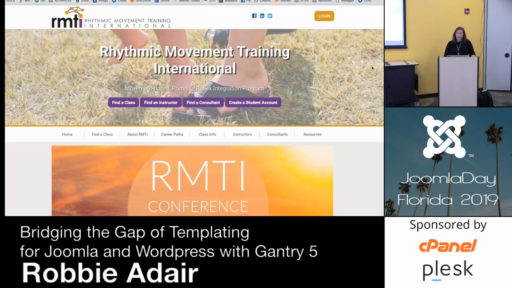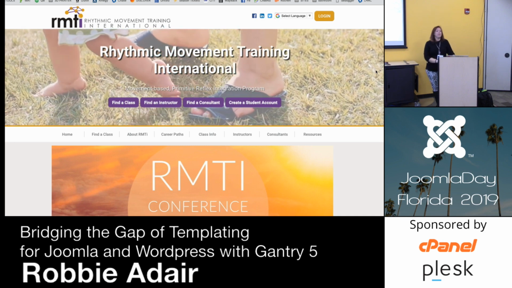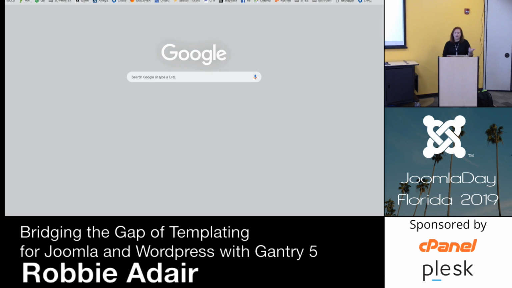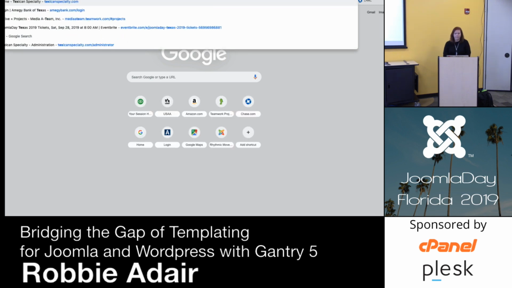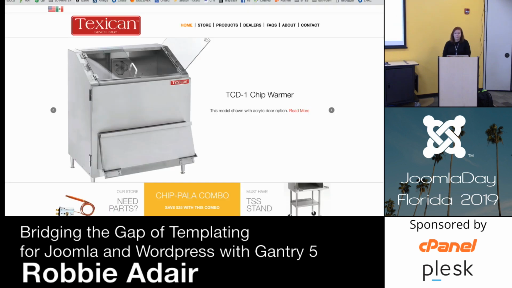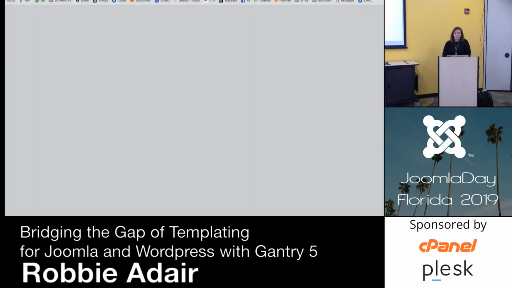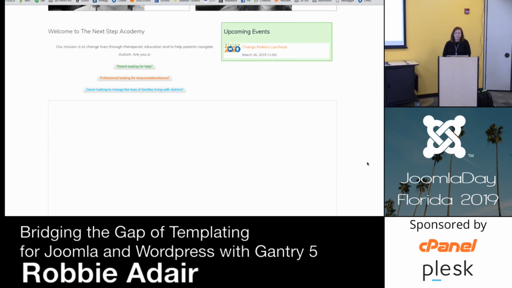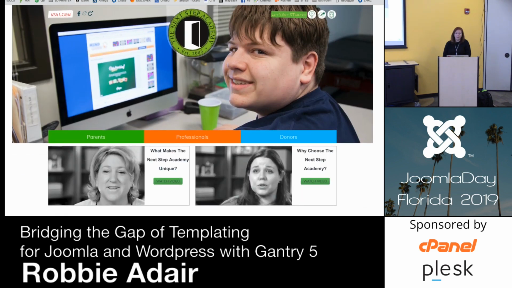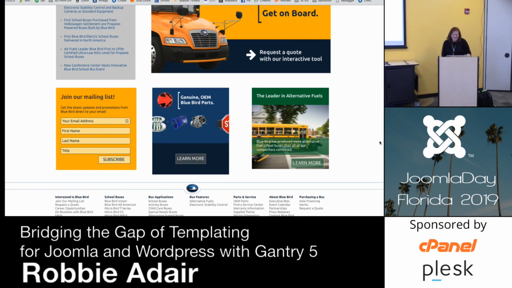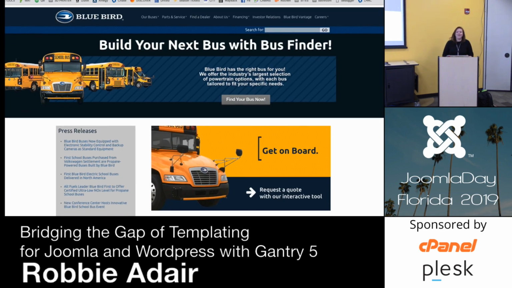This is a Gantry website using the exact same theme. This is Helium or Hydrogen. Hydrogen and Helium. Okay. This is the same, but you see how, I don't know why that one's being slow, but again, same thing. But you see how you can just customize these to look however you want to. But the Bluebird's prettiest, right? Yeah, it is. And it uses Fabric, so now it's beautiful.